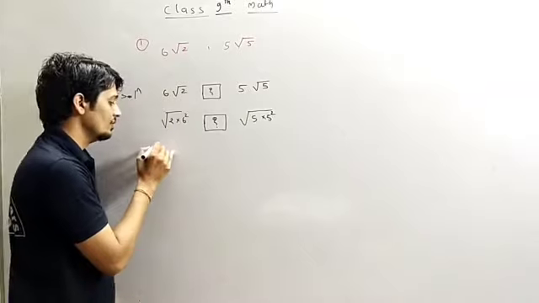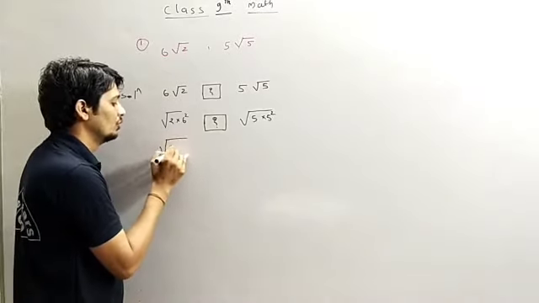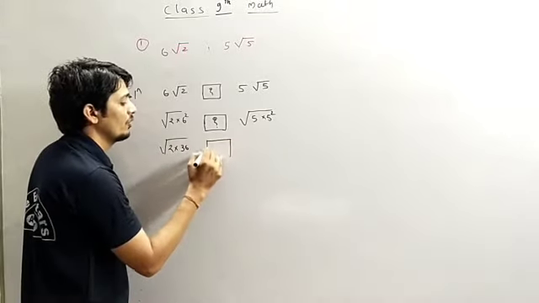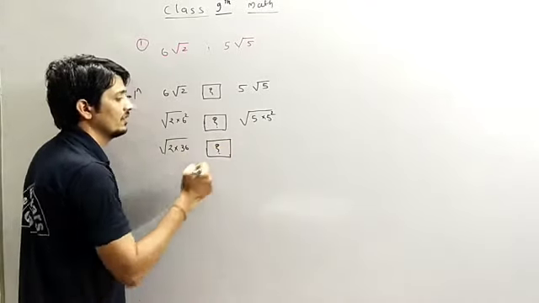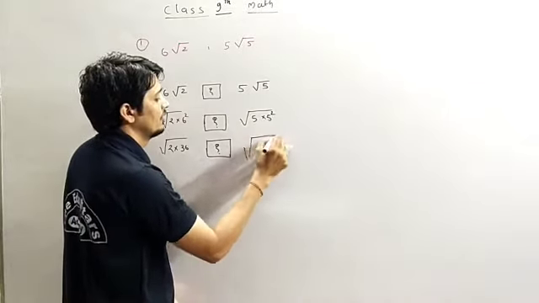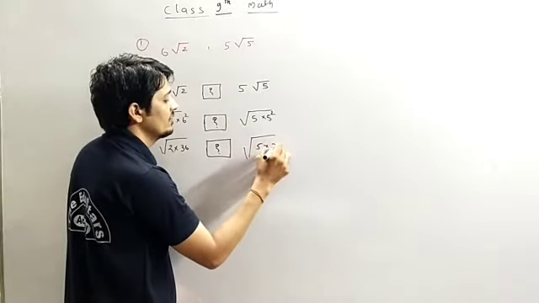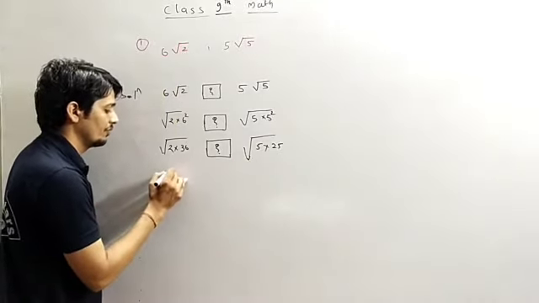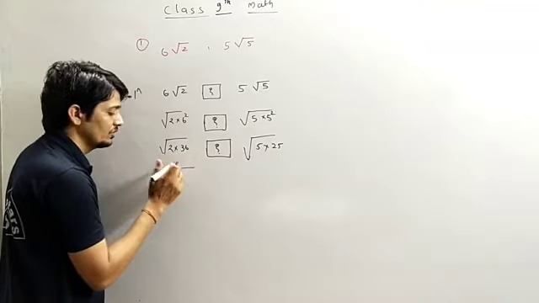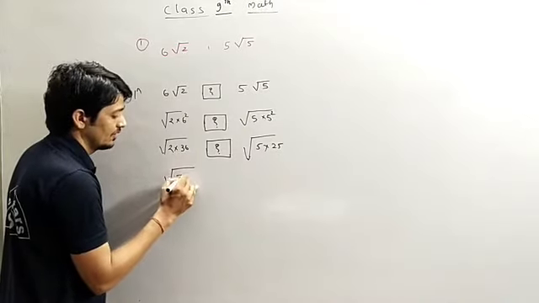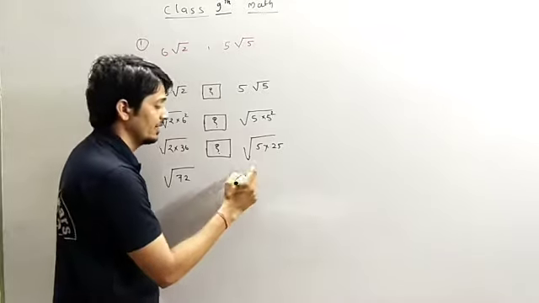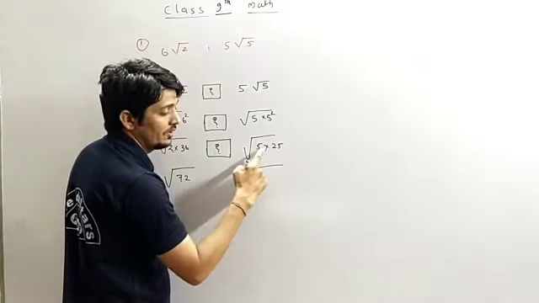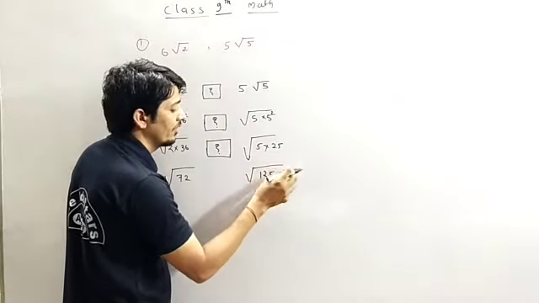Okay. Now, 2 into the square of 6, which is 36. Here again we don't know what will come, that's why we are marking a question mark. Here, 5 into the square of 5, which is 25. Now we have to multiply. 36 2s are 72. And here, 5 into 25 is 125.